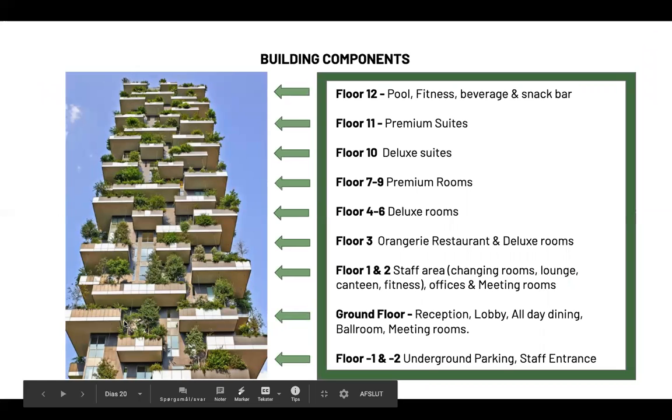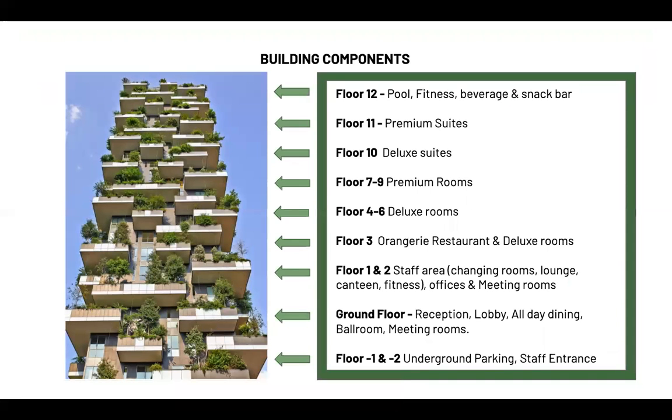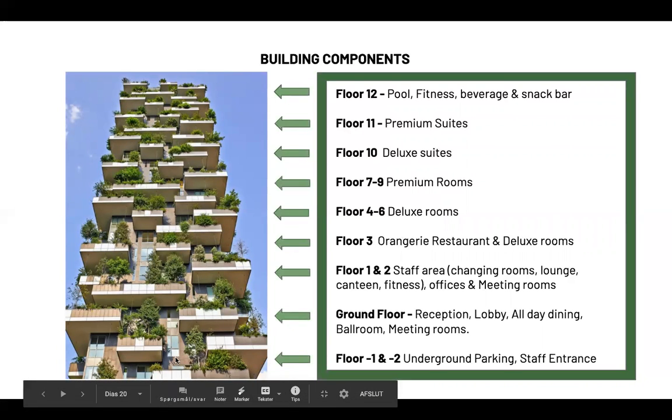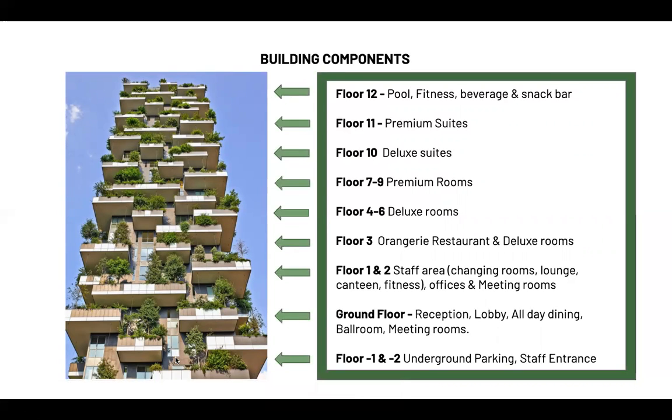On the 12th floor, we have the pool, fitness, and beverage and snack bar. On the 11th floor, we have the premium suites. On the 10th floor, we have the deluxe suites. On the 7th to 9th floor, we have the premium rooms. On the 4th to 6th floor, we have the deluxe rooms. On the 3rd floor, we have the orangerie restaurant and deluxe rooms. On the 1st and 2nd floor, we have the staff area containing changing rooms, lounge, canteens, fitness, as well as